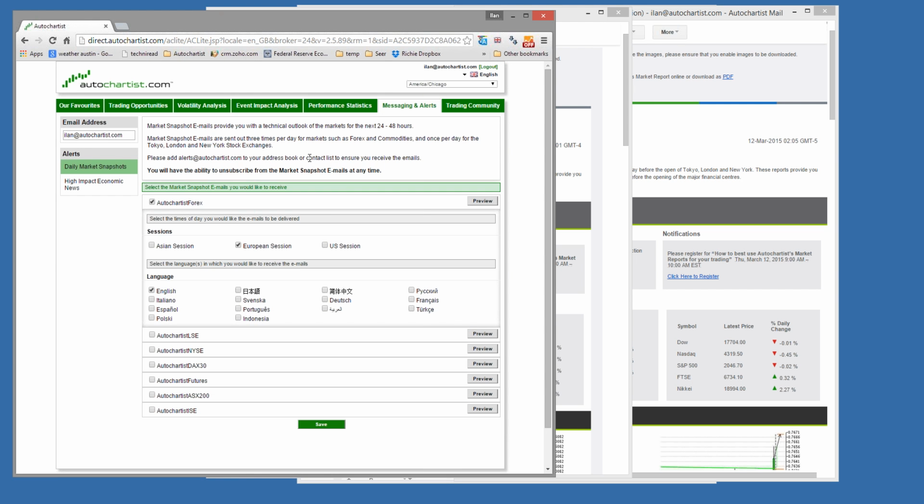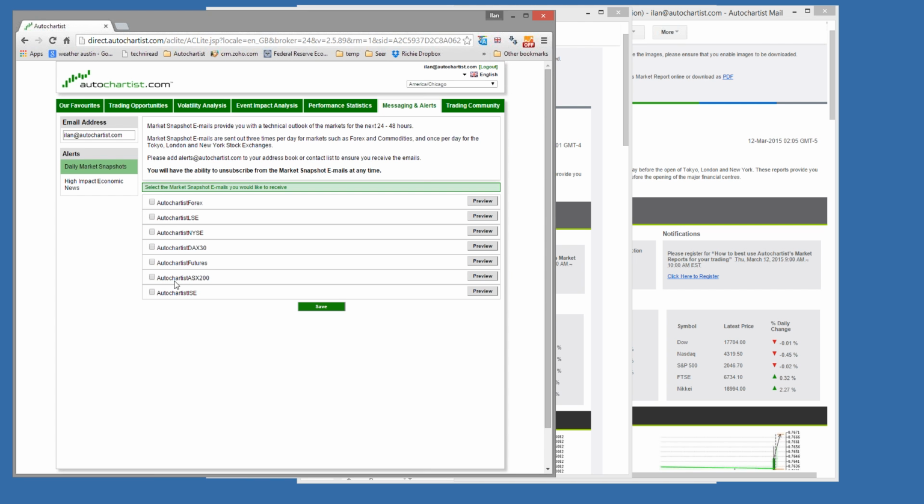If you click on that section within Autochartist, you will see a screen that looks something like this. Depending on which broker you have, you might only have one line item here, or you can have multiple line items.